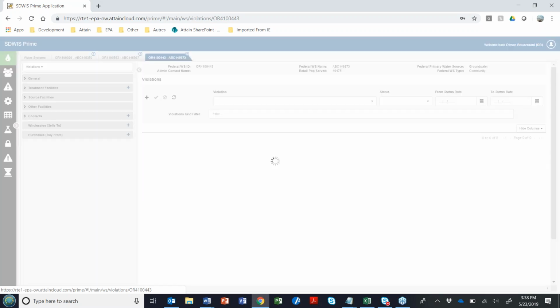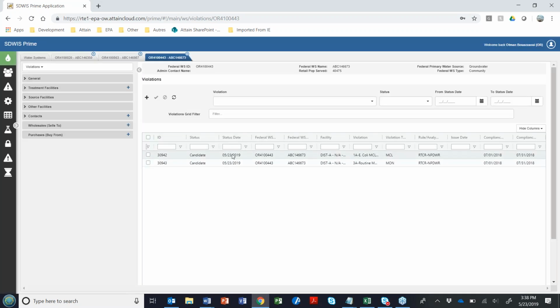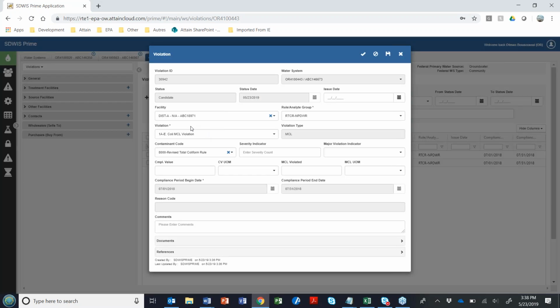All right, you go to violations. Here you go. So I have my MCL E. coli for this water system as well. If you double click, you can see the details. Covers the month of July, and it was created a couple of minutes ago.